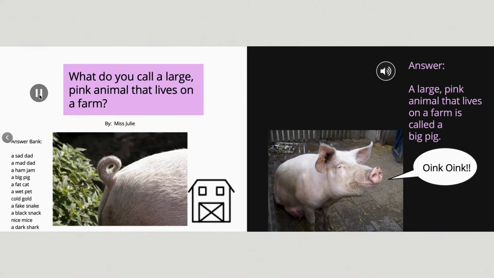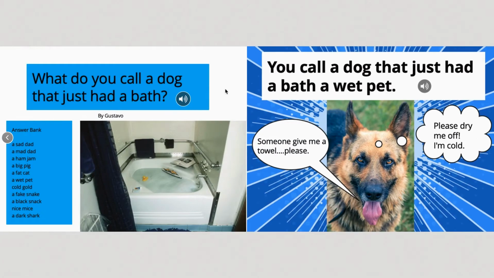What do you call a large pink animal that lives on a farm? A large pink animal that lives on a farm is called a big pig. What do you call a dog that just had a bath? You call a dog that just had a bath a wet pet.